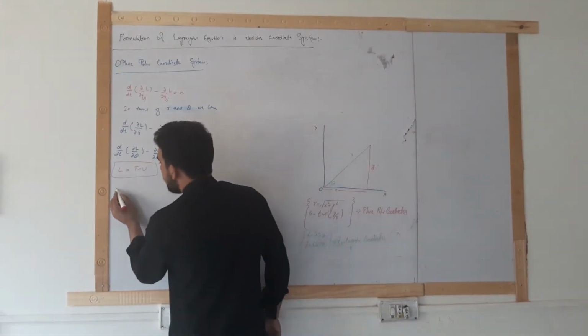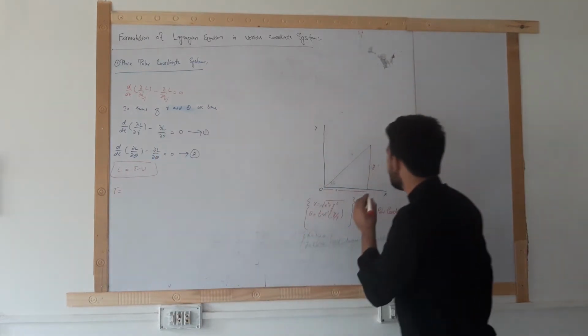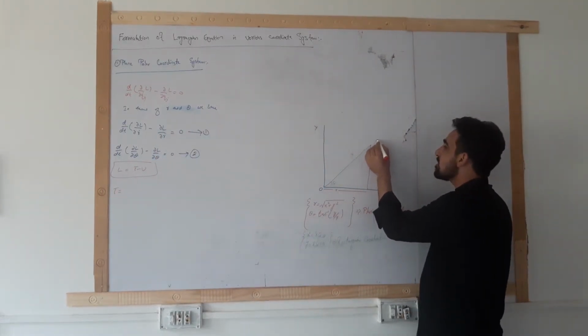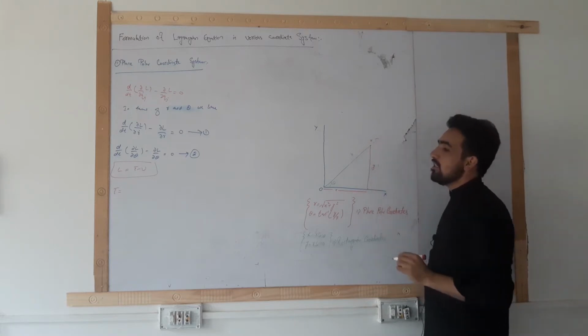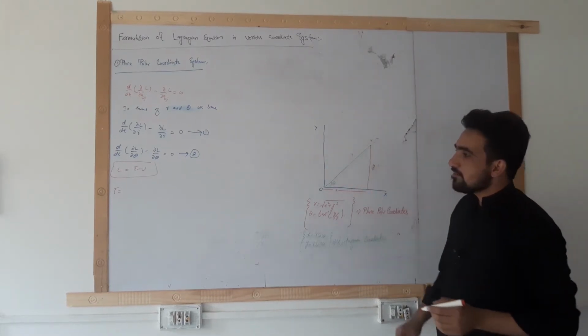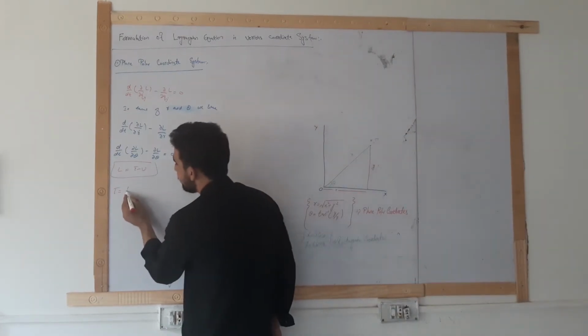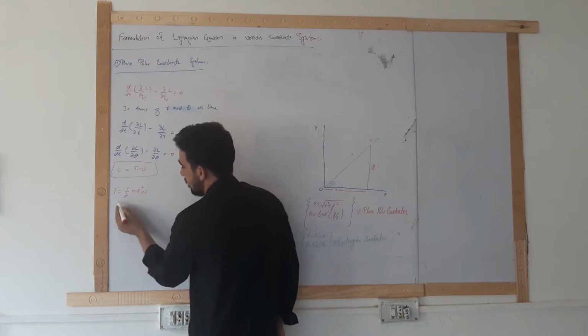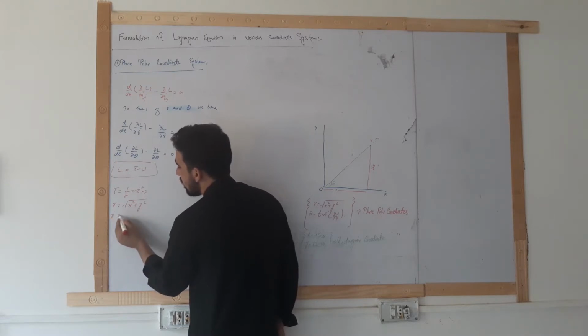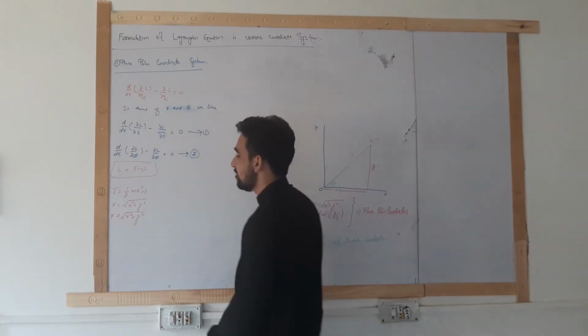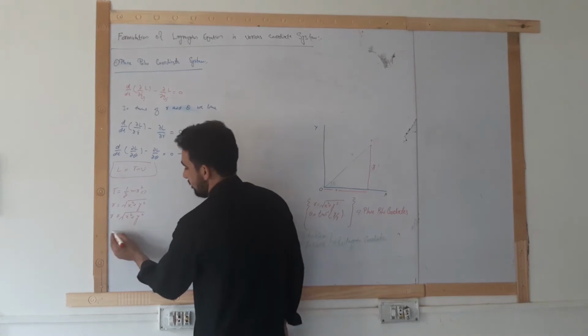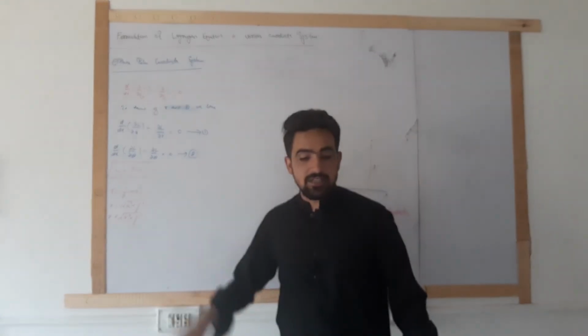So we know that if we imagine a particle which is moving with a certain velocity r dot, then T is given by 1 by 2 m r dot square, and r is equal to the square root of x square plus y square. So r dot square is equal to x dot square plus y dot square. Let us just find x dot and y dot.